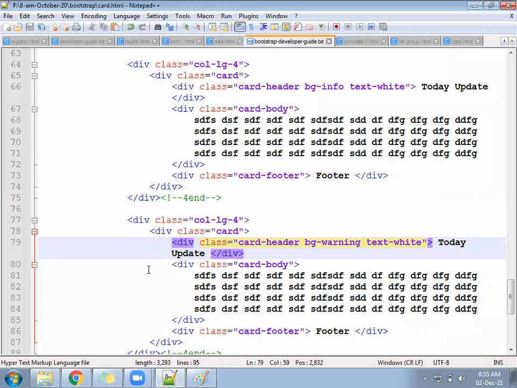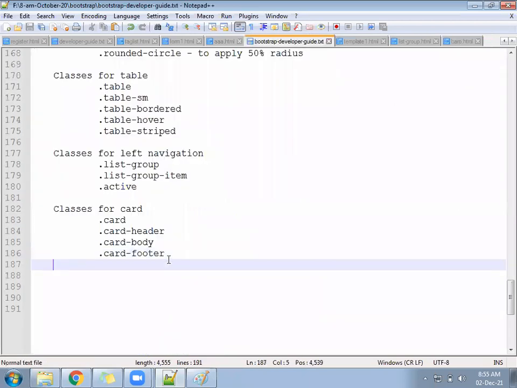Next we will work on table, card image. Next we have buttons, button and button group. Bootstrap has given different types of buttons.